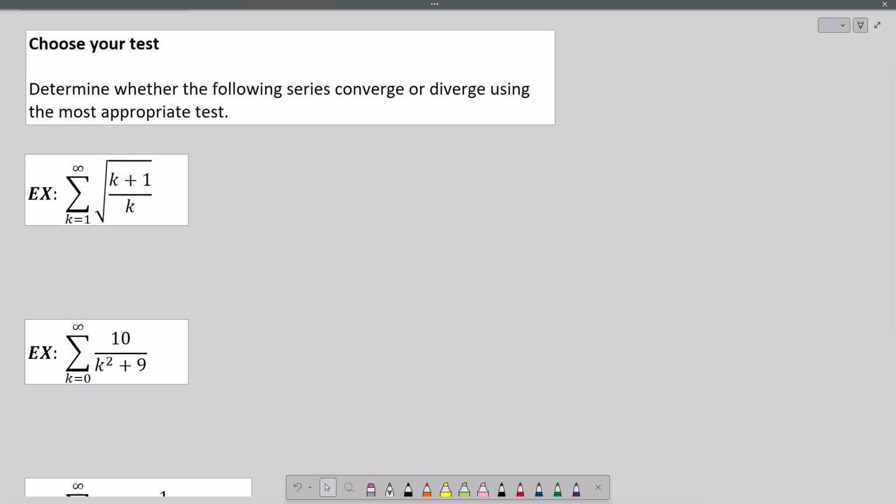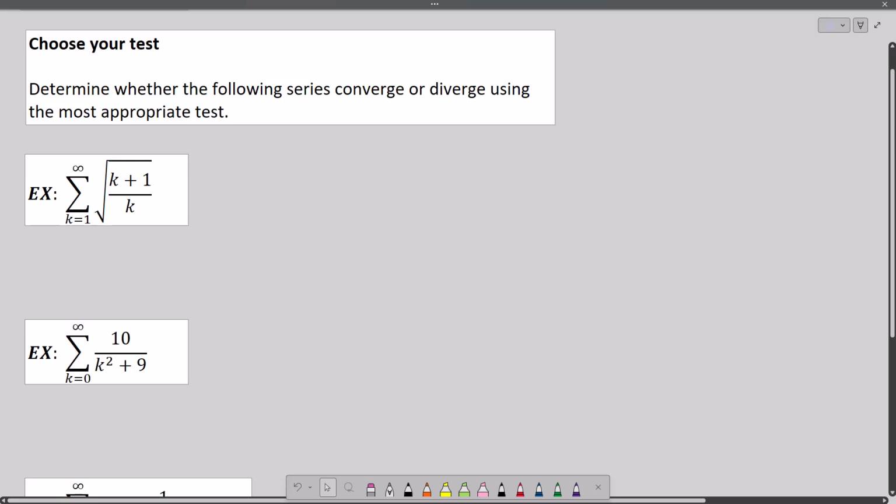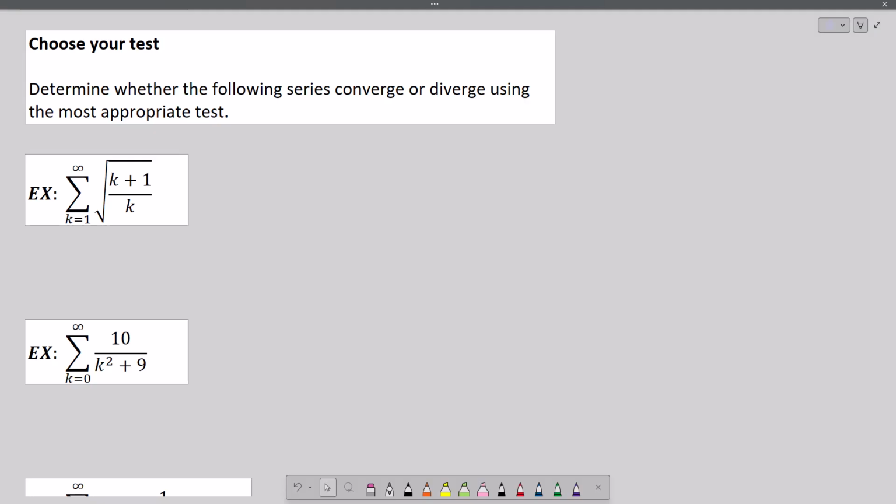So the first thing, we're going to try to do this in order as we go through the rest of this unit. We've started with geometric series, telescoping series, and then we had the divergence test, and then the integral test, and then the p-series. Wow, we're up to 5. We're halfway there. So when we look at this,